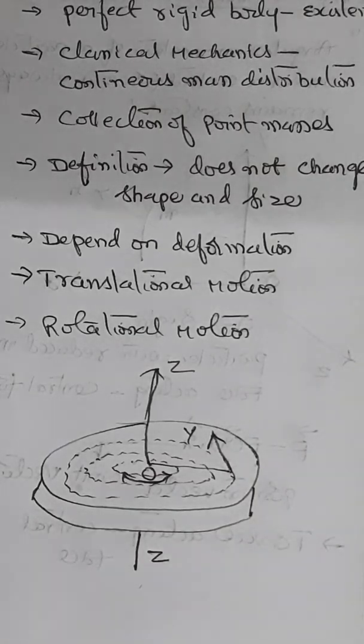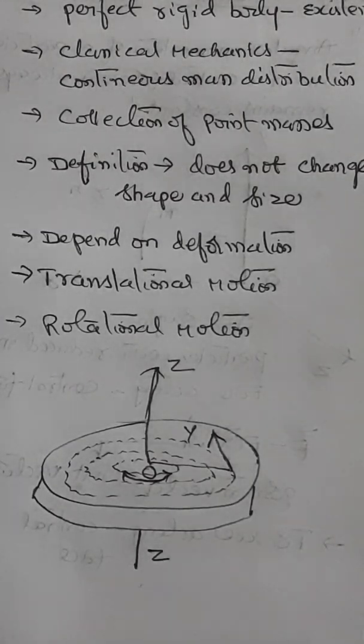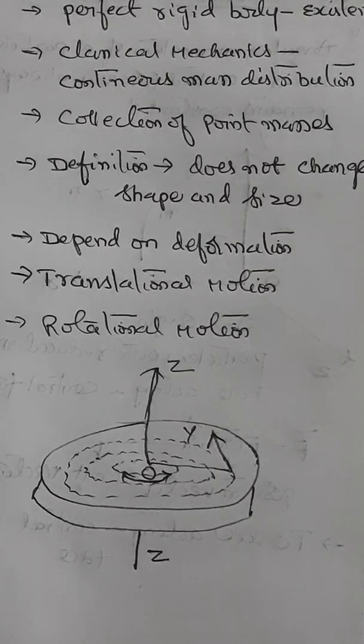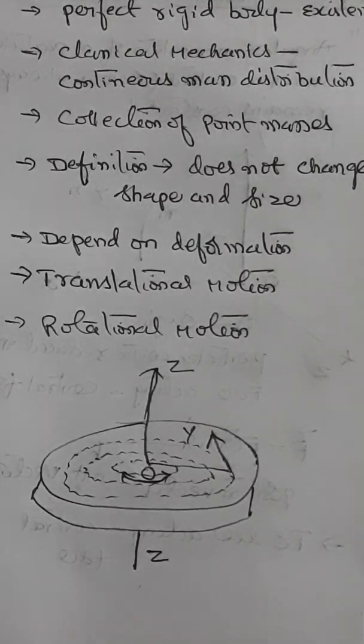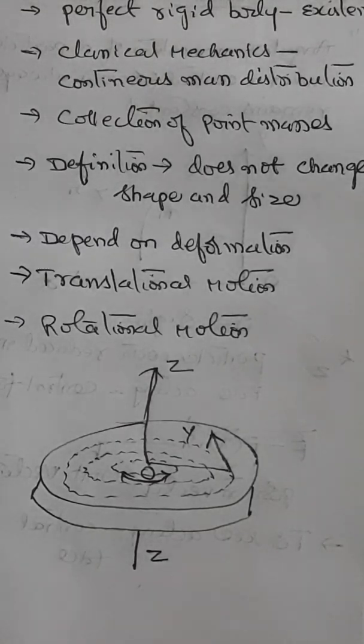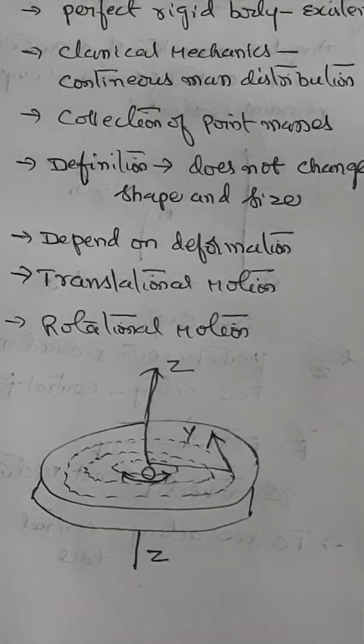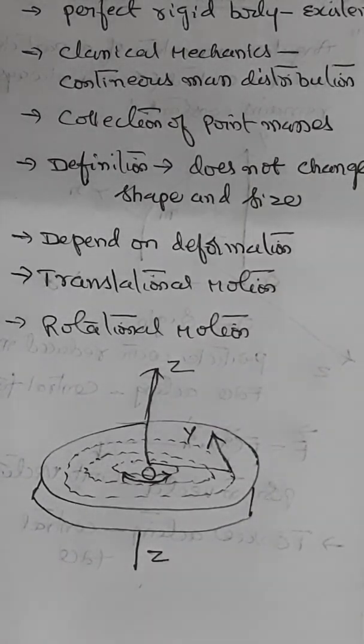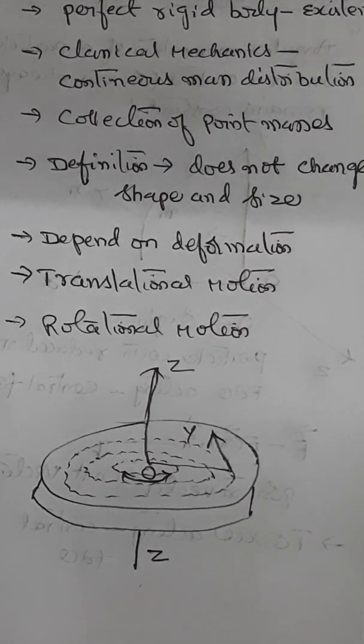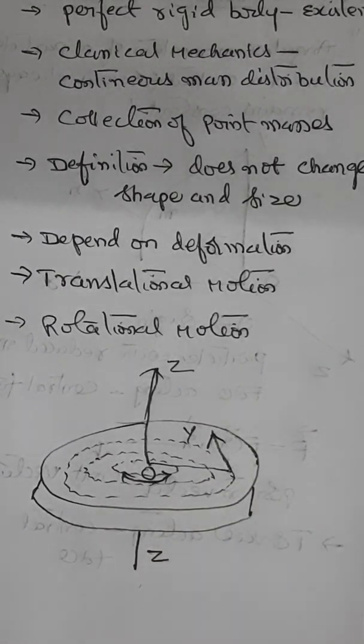Just like in the lower classes, we have understood three equations: v equal to u plus at, s equal to ut plus half at square, v square minus u square equal to 2as. Those three fundamental equations of kinematics are related to straight line motion. Whereas when it comes to rigid body rotational motion, here you have rotational kinematics. So in the next session, we shall see rotational kinematic relations and how those kinematic equations change their representation when it comes to rotational kinematics. That is the agenda for the next session.